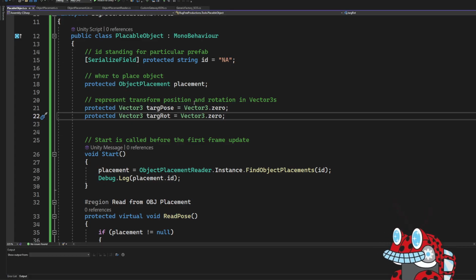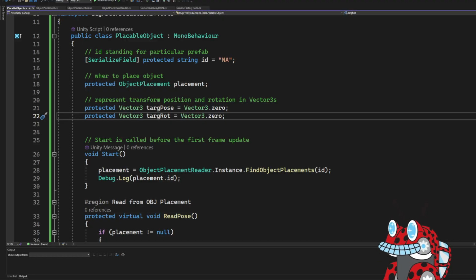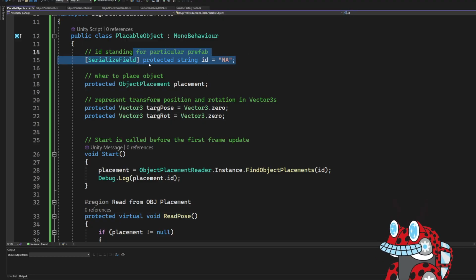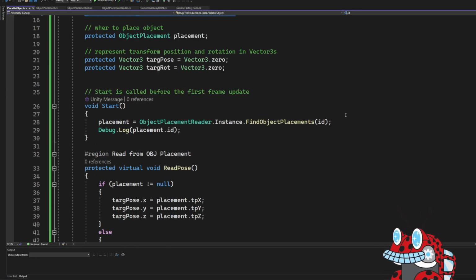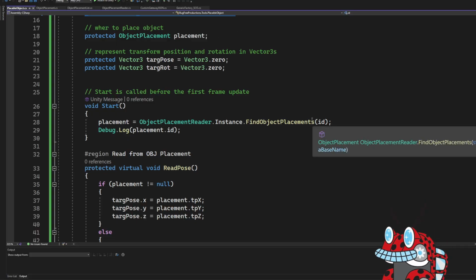The idea of this later is to have probably another object at some point. So when the scene loads, it'll load all the objects that were placed in that scene, creating them based on an ID. So this ID you can think of as a type of object or a name of an object rather than an actual instance of an object working that way. So we have targ pose working that way. So that ID looks for the placement